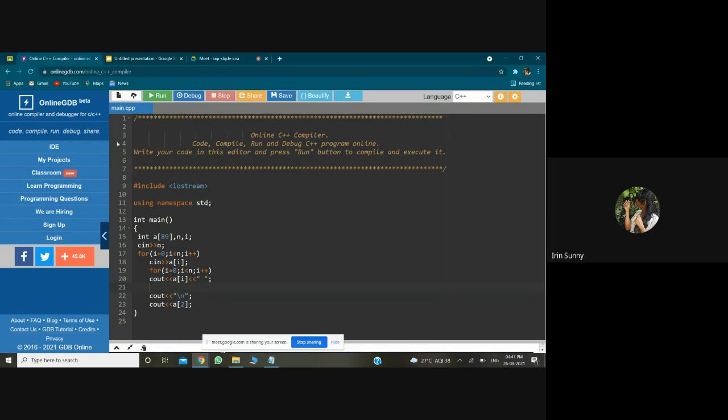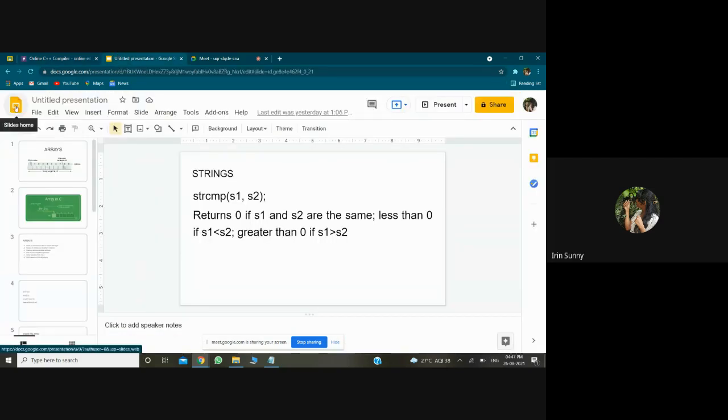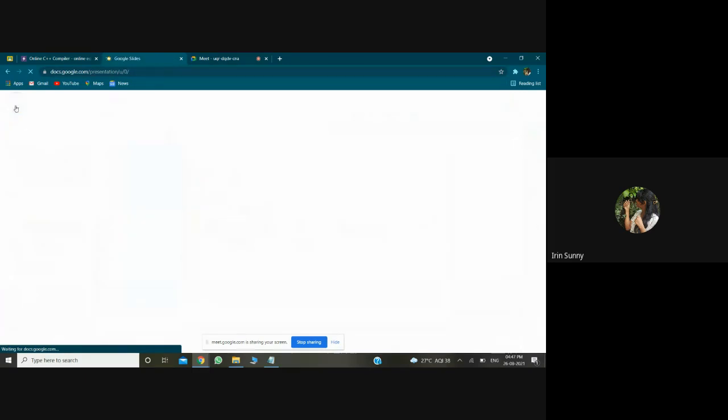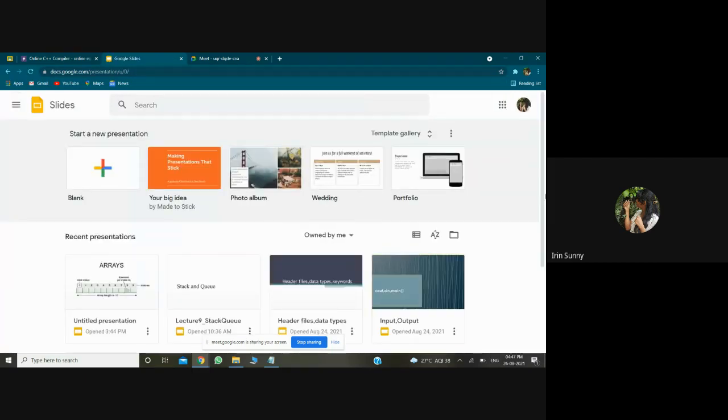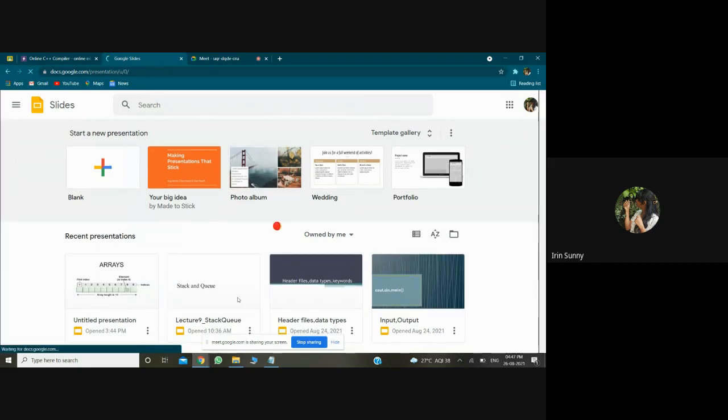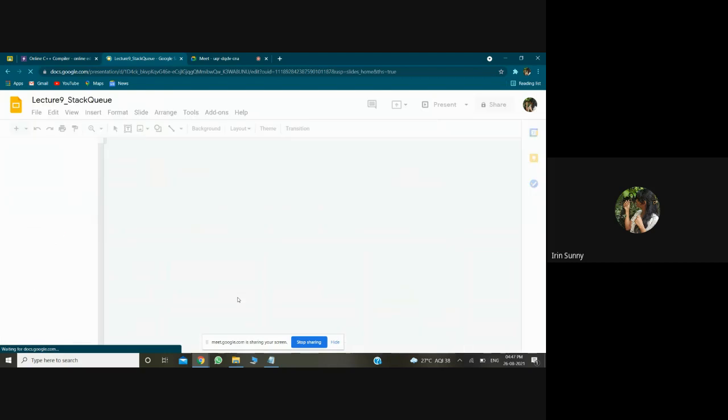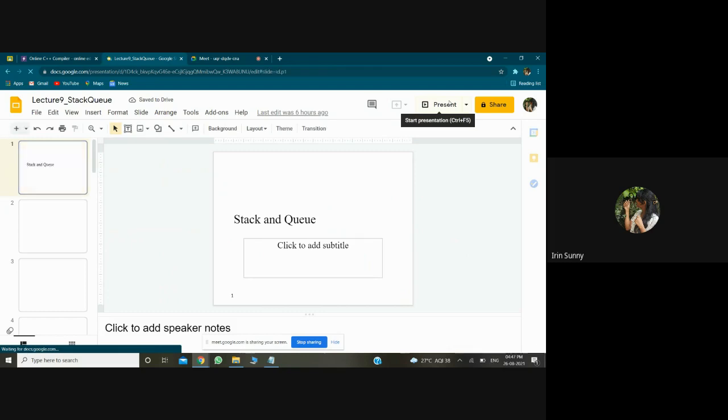using the index. Next, what we're going to learn is stack. Now, stack and queue are data structures. They are linear data structures, and stack can be implemented by using arrays as well as linked lists. We're just going to look at how stack is implemented using arrays.